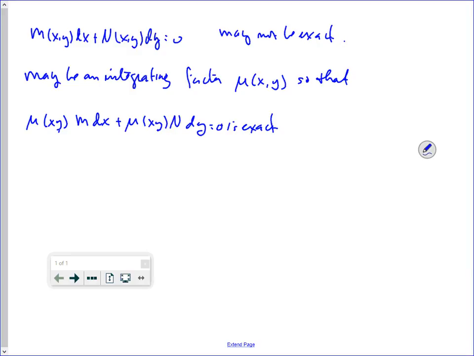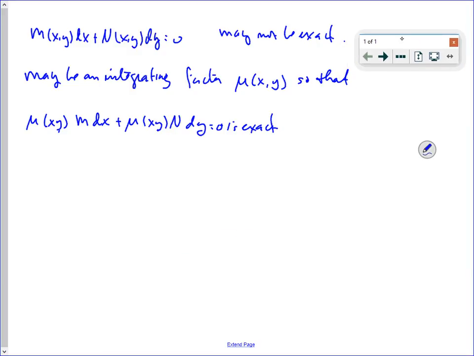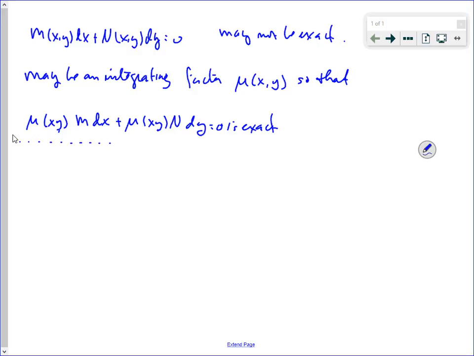Now, integrating factors are really important things, and a lot has been written about them. Books have been written on them, and techniques have. So we're just going to look at, hopefully, a case where it's not too awful, because they can get awful pretty fast. And they can be very hard to find. So here's a special case where we may be able to find them, and it's going to look strange. So we're going back to this equation right here. I'm going to call this equation star. It wasn't exact, but if,